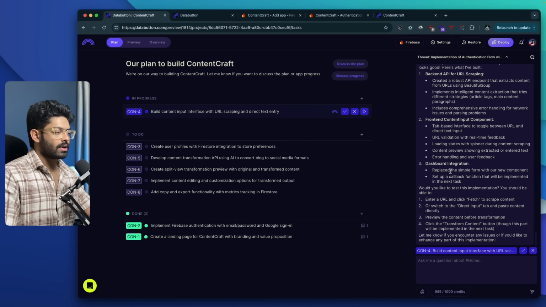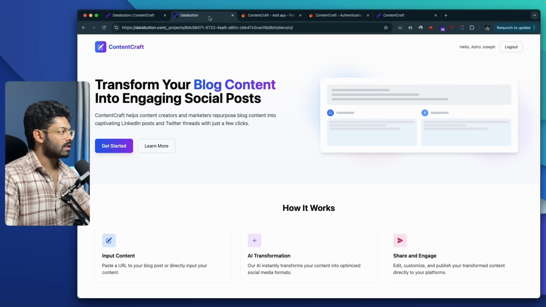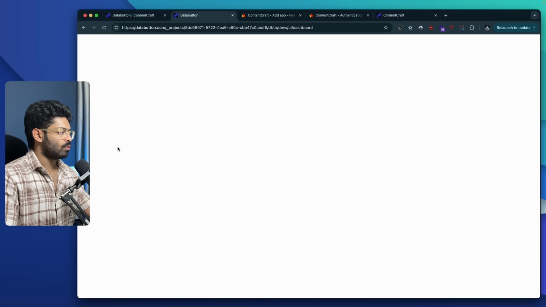Alright, so seems like this part is now done, and it is asking us, would you like to test this implementation? You should be able to enter a URL, click fetch to scrape content, or switch to the direct input tab and paste the content directly, preview the content before transformation and click the transformation button. Okay, this will be implemented the next time. Okay, no problem. So if I head over to, let's say, the preview, refresh it once